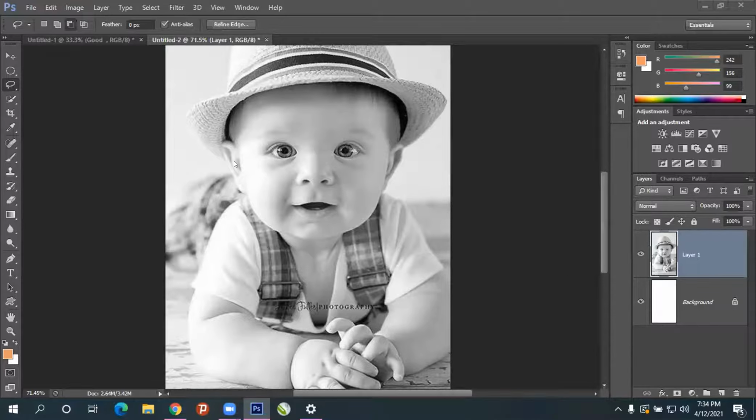So got it? Yes, sir. If you do it for the dress and other parts, it will look good. Otherwise, you won't get that original feel. And who else has a doubt? And this GIF image you try now only, and you can ask the doubt now itself, because we have time now.